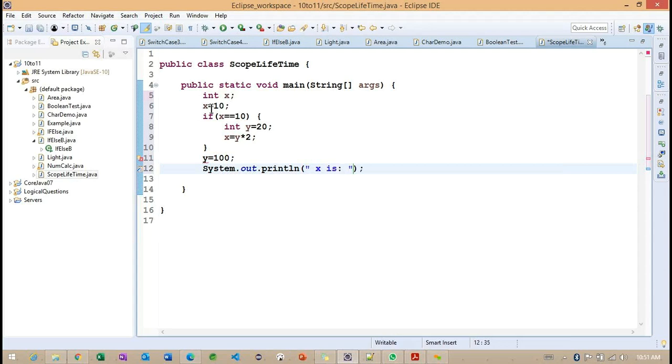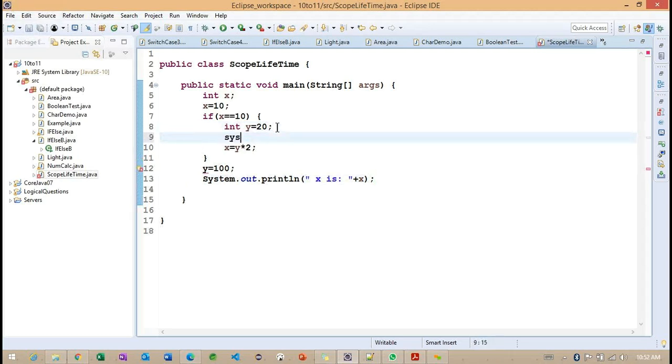Okay, if we observe, I'm getting an error here. If you are able to see line number 11, we have an error here. Can you read? Variable, yeah, variable.